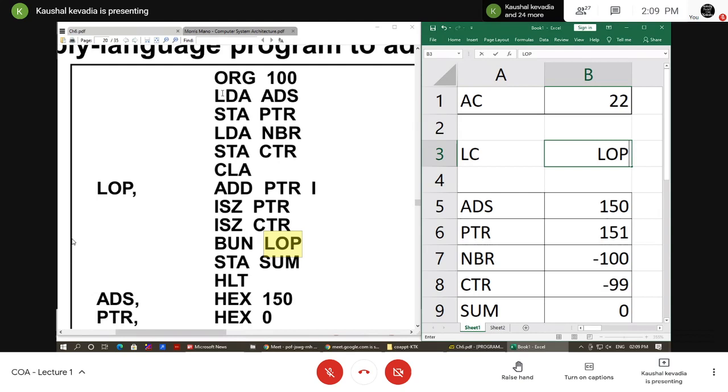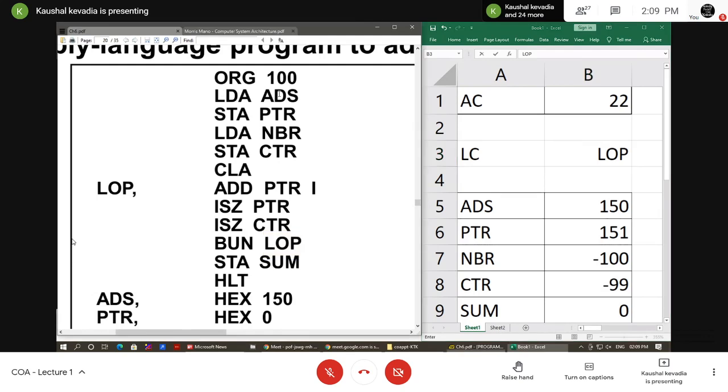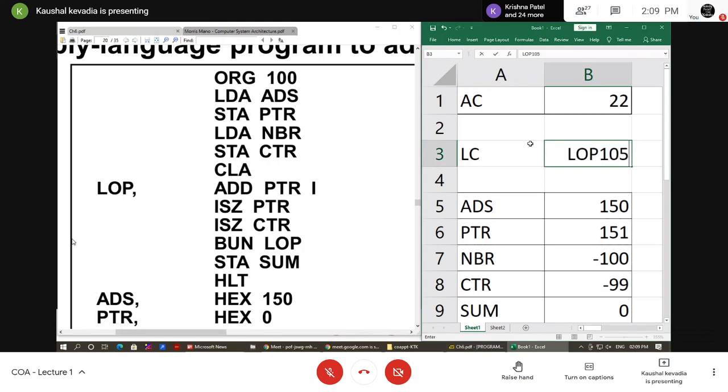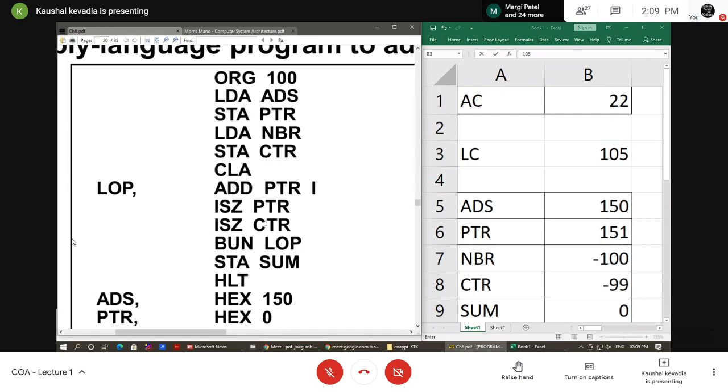If I actually calculate it, it is 100, 1, 2, 3, 4. This is the 5, so this is 105, then 106, 7, and this is 8. So after this execution my LC again has the value 105. So again the same instruction will be executed. Why are we executing the same instruction again and again?